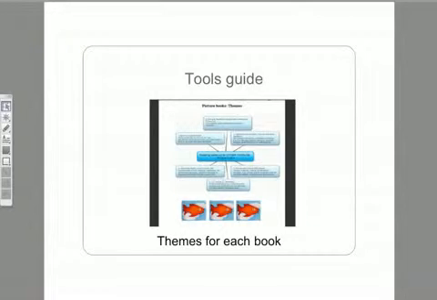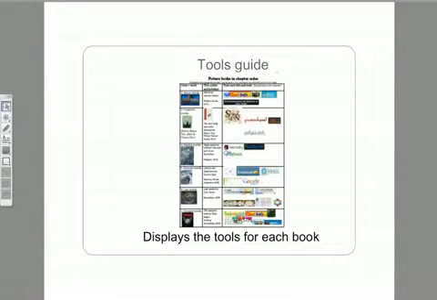So the third PDF that you might pick up from the site is called the Tools Guide. And in starting looking within the Tools Guide, first of all, you have a little bit of a look on a themes page, which just shows you how each book in the set of 13 books relates to the Other Worlds theme. That's just to save teachers a bit of time in understanding about the specific Other Worlds theme. I'm sorry about the dodgy graphics. I know they're really dodgy.